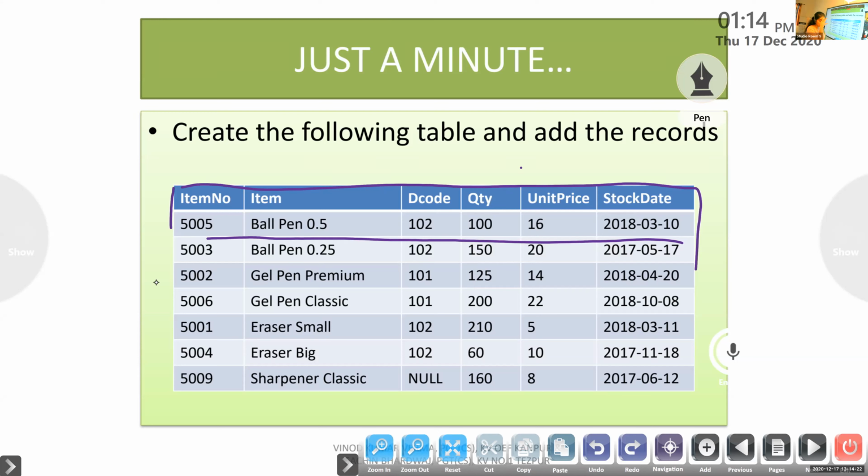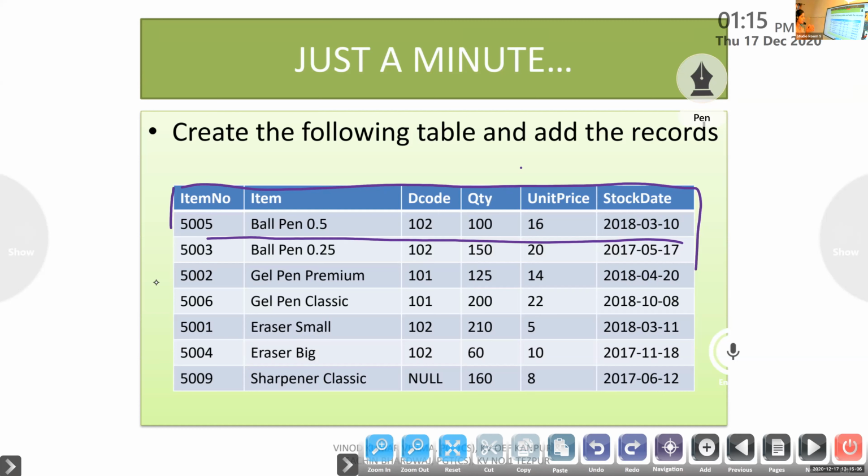Then you write the command to create the database, sorry, create the database first, then create the table. The columns are item number, item code, QTY, unit price, stock date. The table name is item. We don't have to create the database separately, but you can also create a database. Write the command as create database company, or something else, anything.